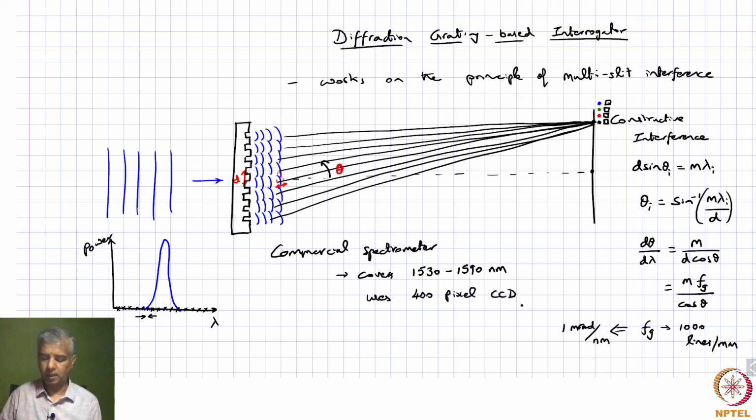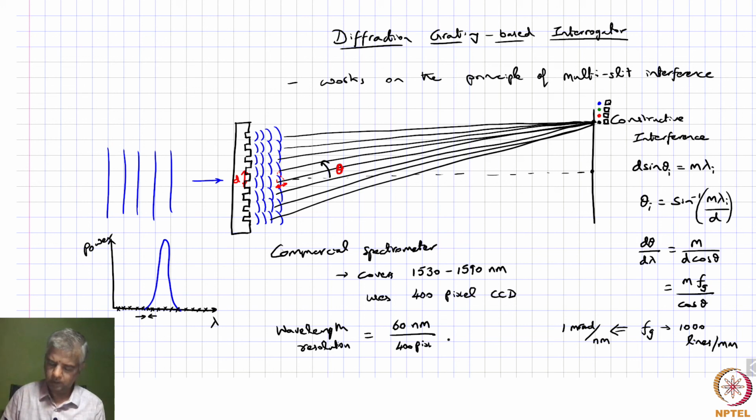Then the wavelength resolution that you can expect using such a spectrometer is given by the 60 nanometers divided by 400 pixels, and so that corresponds to 0.15 nanometer spacing between